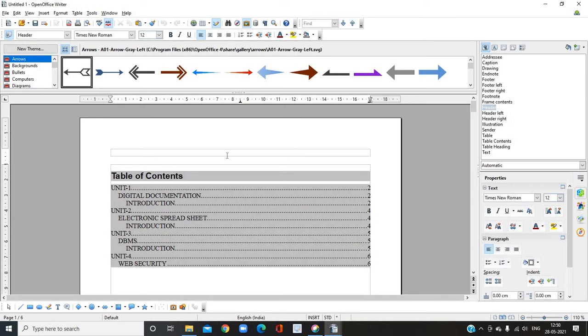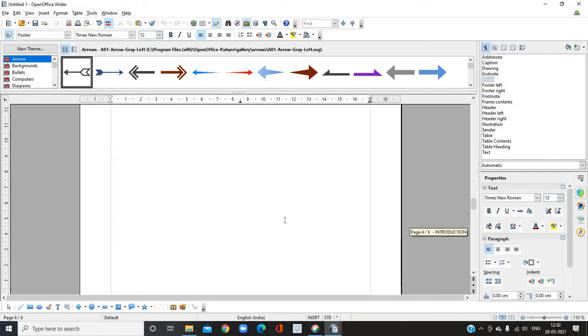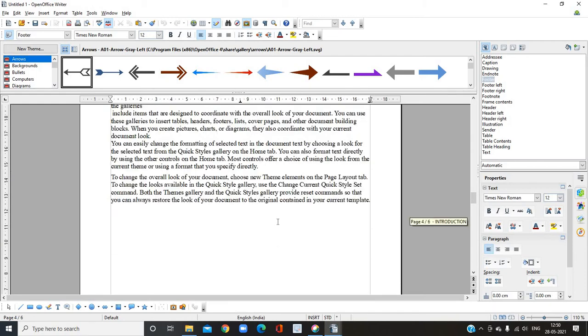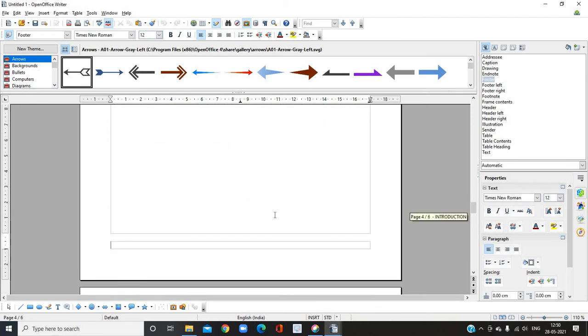In the same way, I will insert the footer also. Again go to the Insert tab, click on the footer option, default. Here you can see at the bottom of the page, the footer is inserted. And one more point, headers will be inserted at the top of the page and footers will be inserted at the bottom of the page. This you will get in the multiple choice questions during your exams, right?